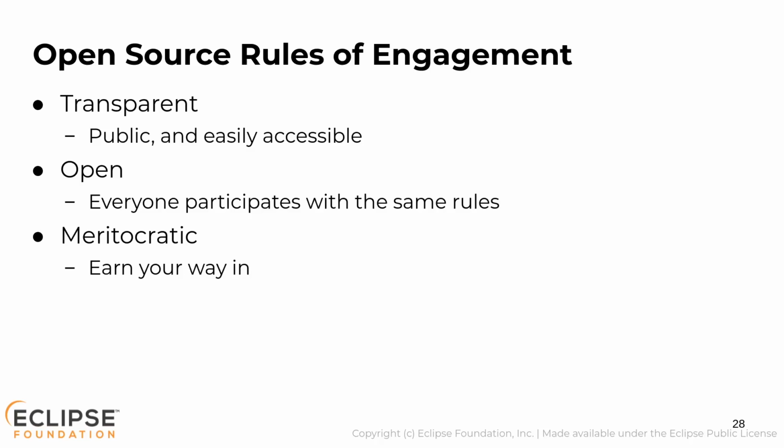This means that all development plans, issue tracking, and resolution, discussion, and more happens on open channels where people who are not part of the project team can follow along. Eclipse projects must be open. Transparency is concerned with letting people know what you're doing. Openness is concerned with letting them participate as an equal player.